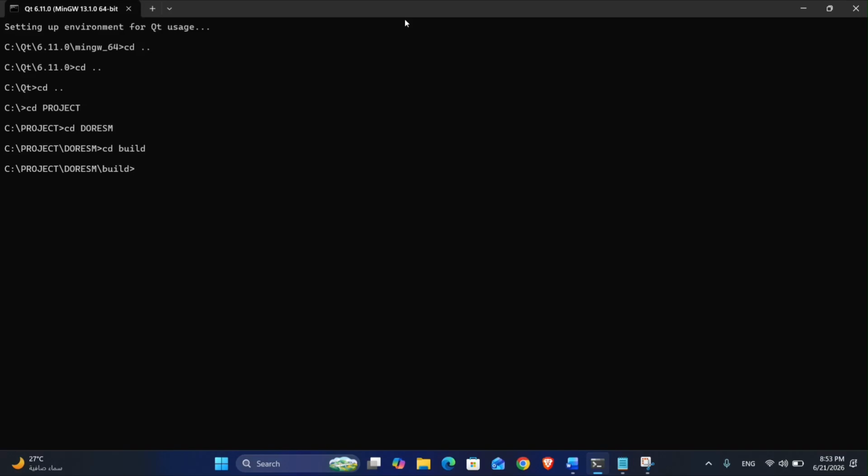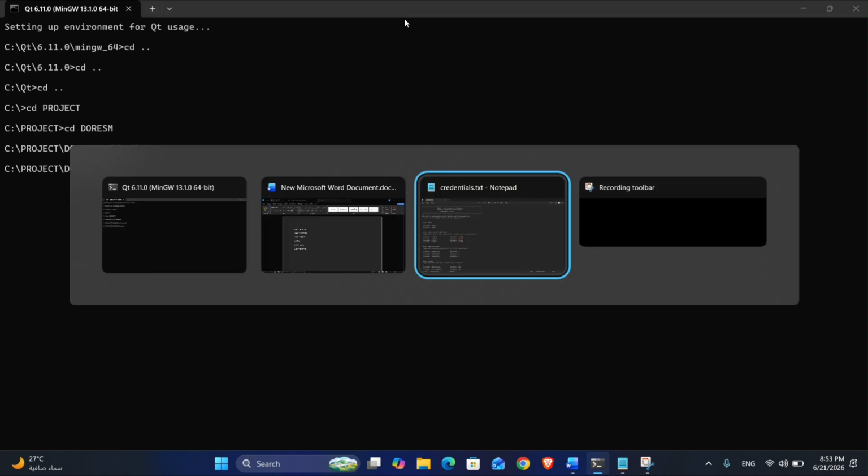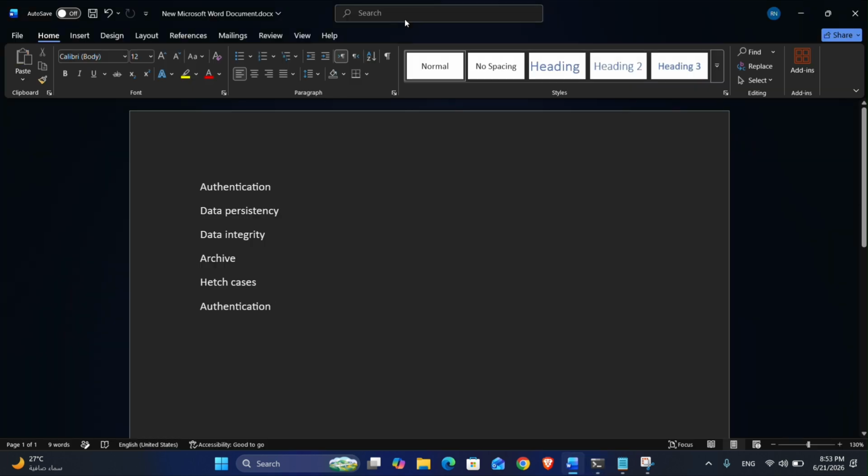Hello everyone, and welcome to the presentation of DORESM, our comprehensive dormitory and restaurant management system built with C++ and Qt 6. Before we dive into the application, I want to briefly mention the software engineering principles driving these projects